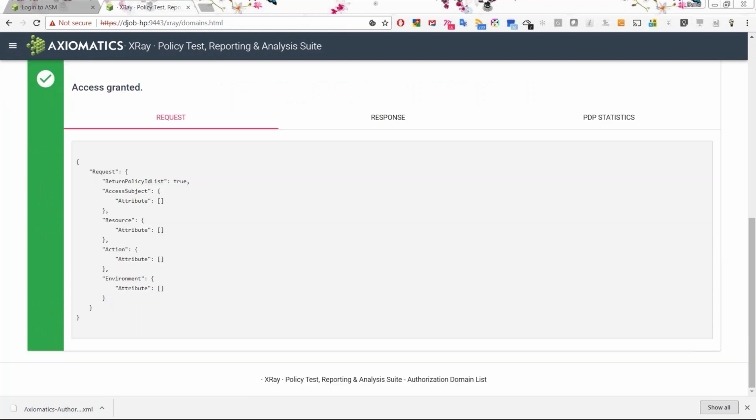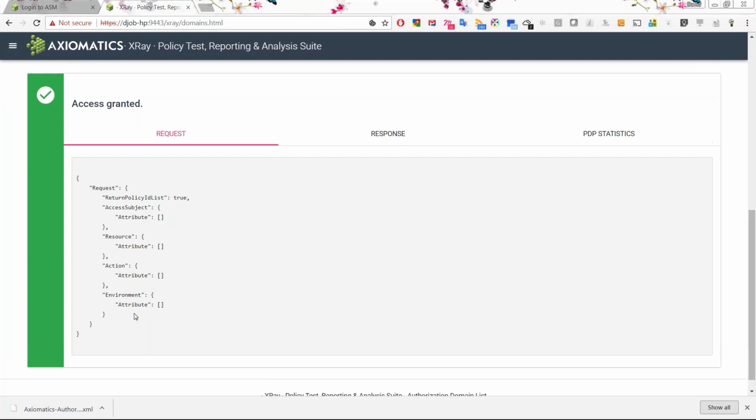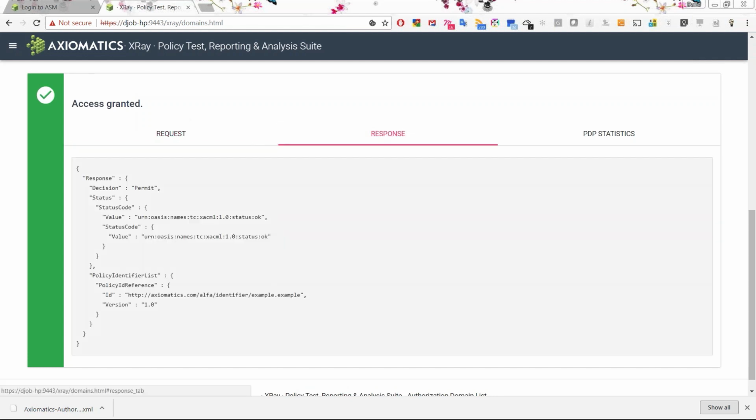Well, yeah, because we didn't really need any attributes, did we? So it doesn't really matter what we send in terms of attributes. Given the policy would allow anyone access, it returned access permitted. And we can see the detail of the response by simply clicking on the response tab. And here you can see that your decision is permit. And this is, in its absolute simplest form, what we did. To your point, we wrote the smallest and simplest possible policy that we could ever do, I think.